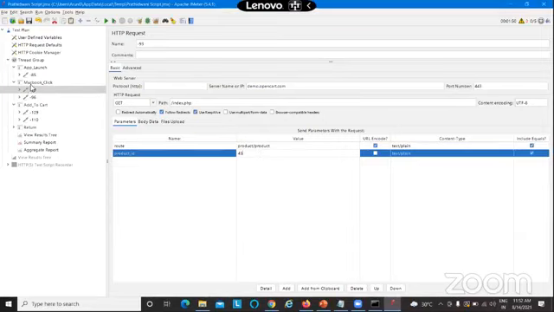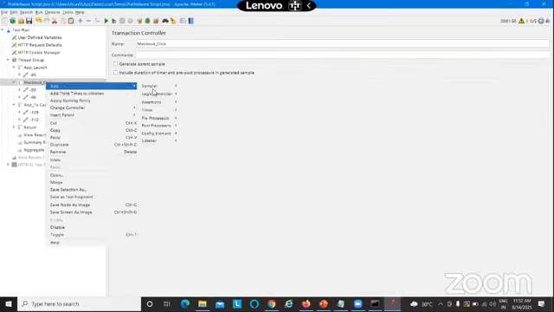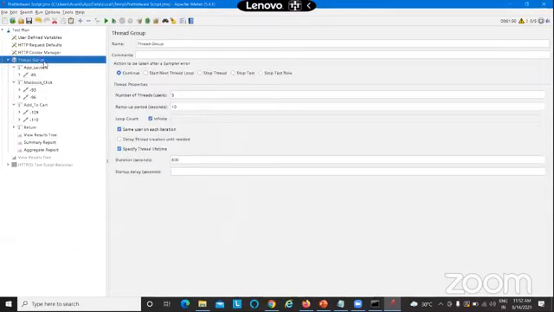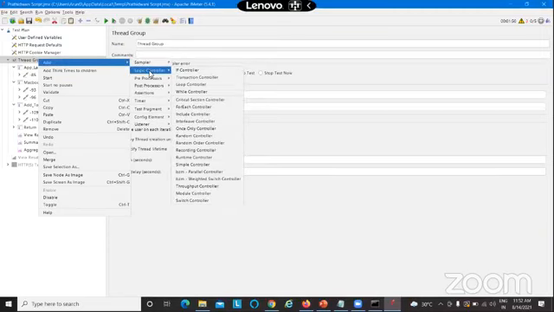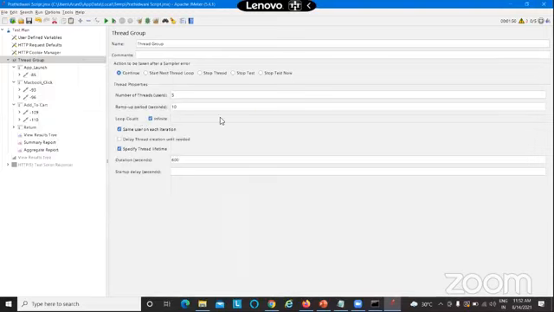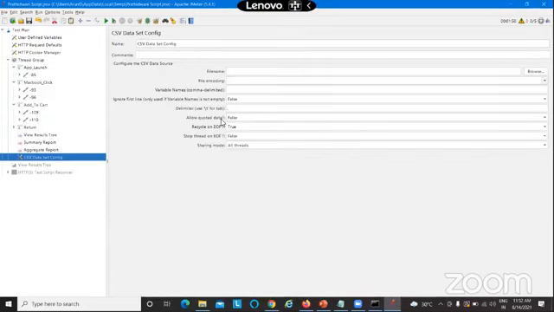So let me add a config element here, under the thread group. Inside the config element, the very first one is the CSV Data Set Config. As the name suggests, the CSV Data Set Config helps you to play around with CSV files, that is, Excel sheets. Now I am going to create a CSV file.